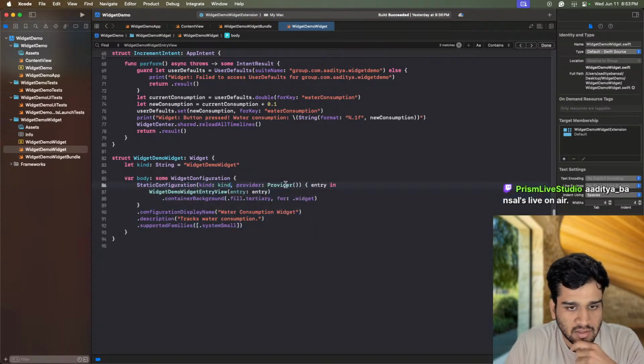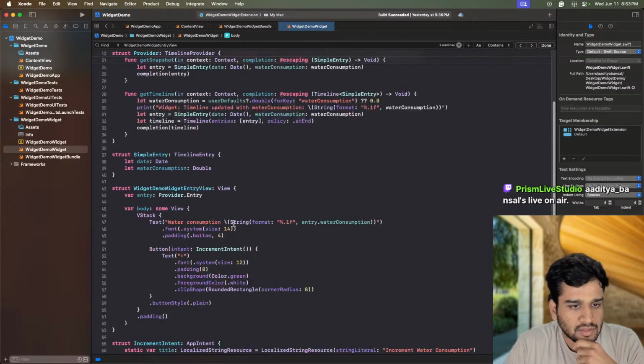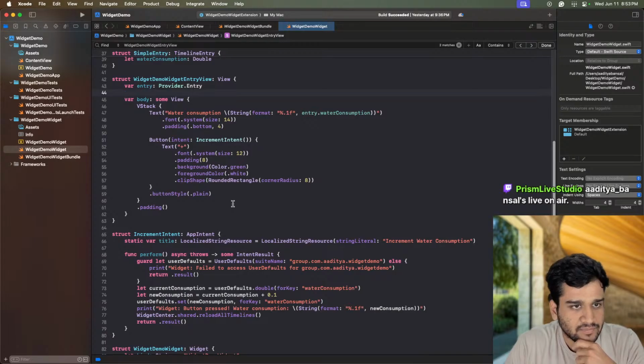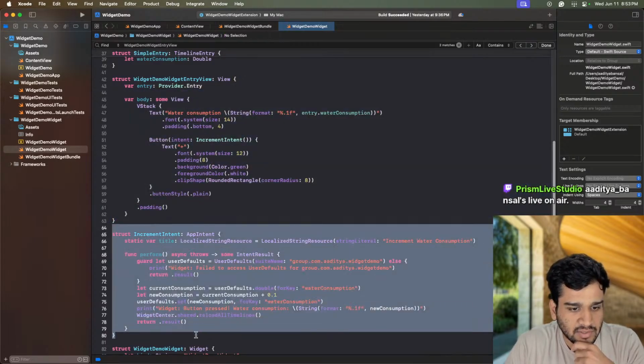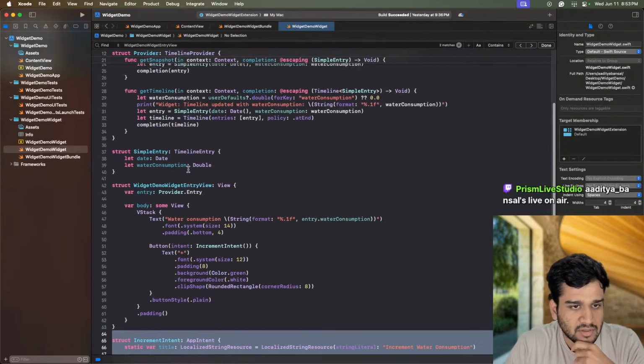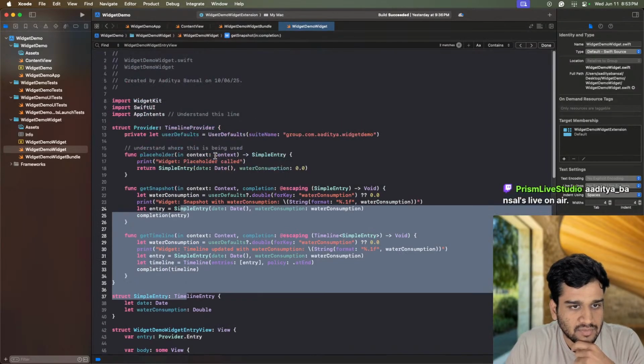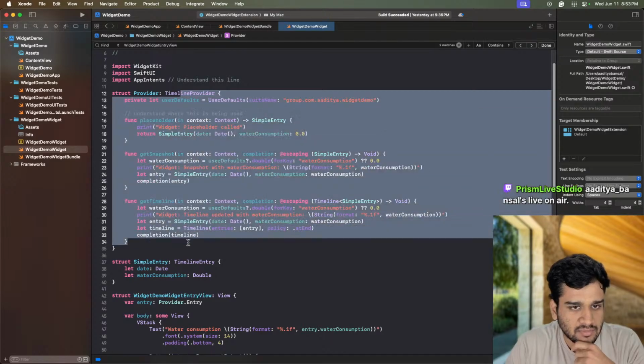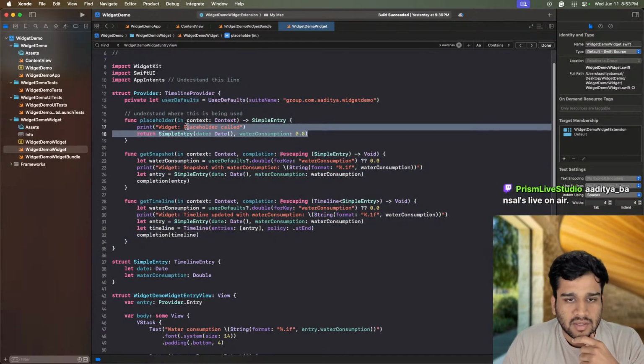And this is the next main file that we have. We have provider.entry. Then we have the view. We are incrementing this. And this is the provider we are using, which is like, can there be a problem